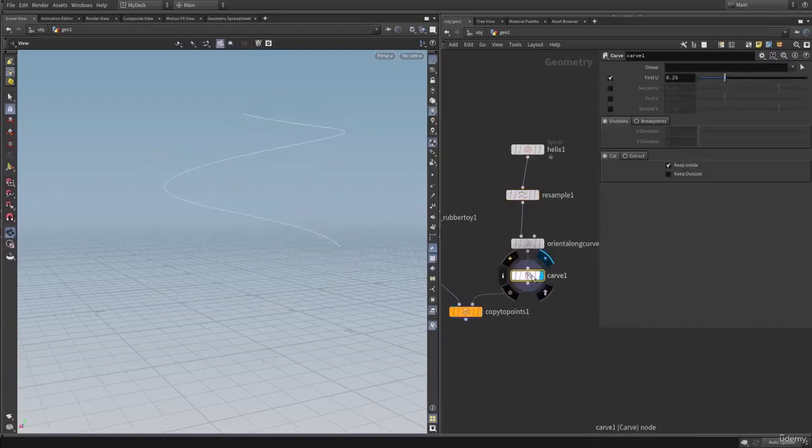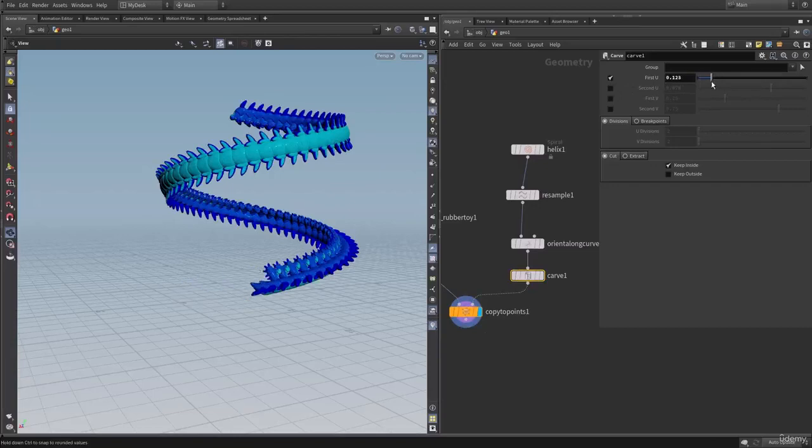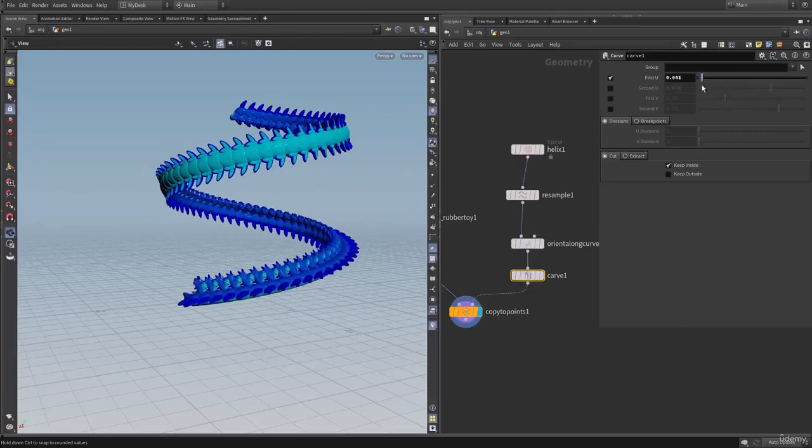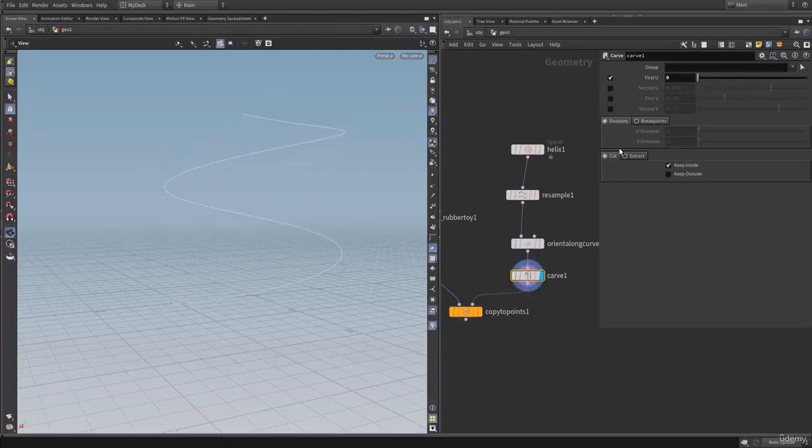So if I set my display flag onto the curve, we can change the first U to cut our geometry, or if you want to start the other way, let's disable the first U and choose the second U. Now you can cut your curve in the other direction. So let's enable the first U. So now here, as you can see, I'm carving up my curve,